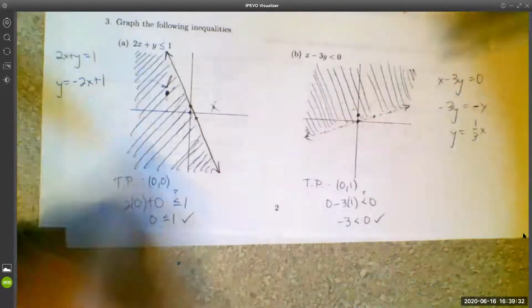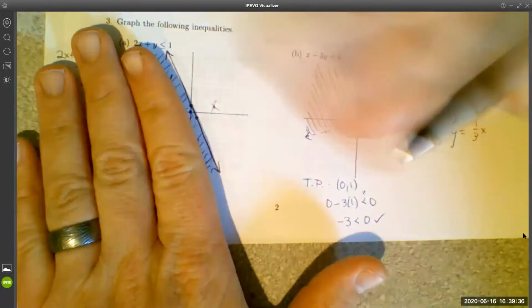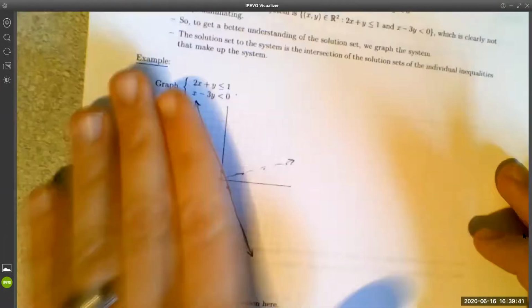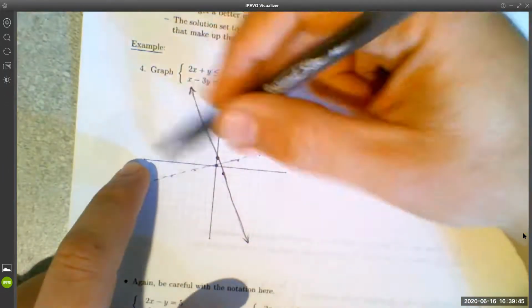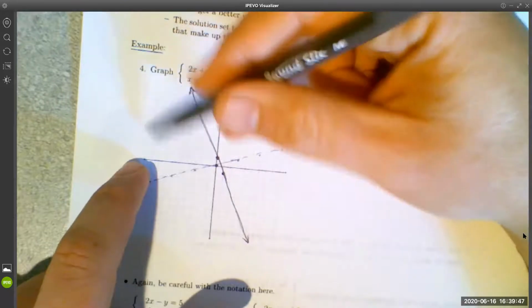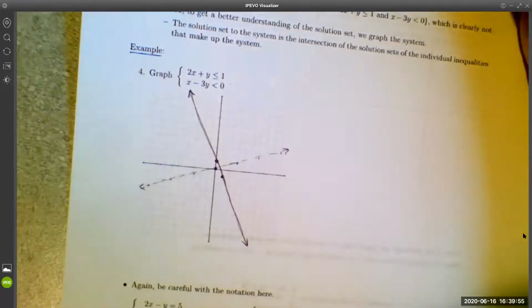So I already know that for the first one, I'm going to be shading below the line. For the second one, I'm going to be shading above the line. So I'm going to be shading here and here. They're going to overlap right here in this upper left corner, okay? So you could just shade that in and only shade that part in,